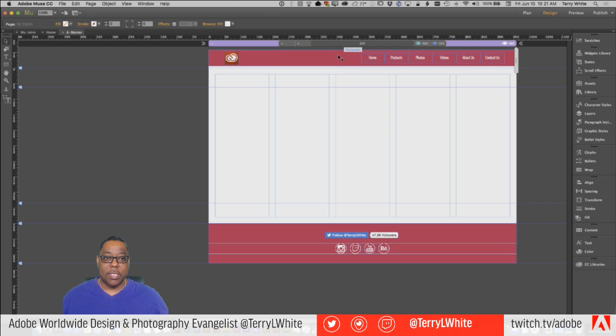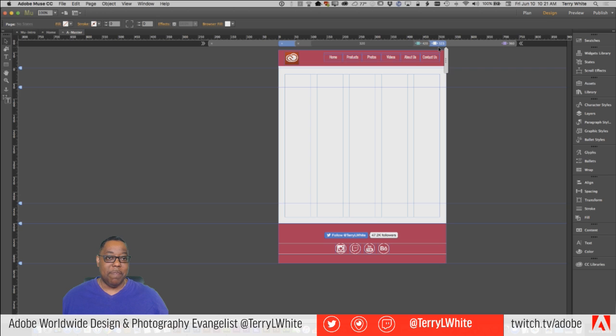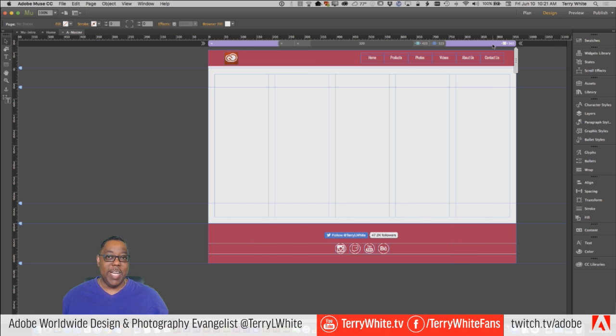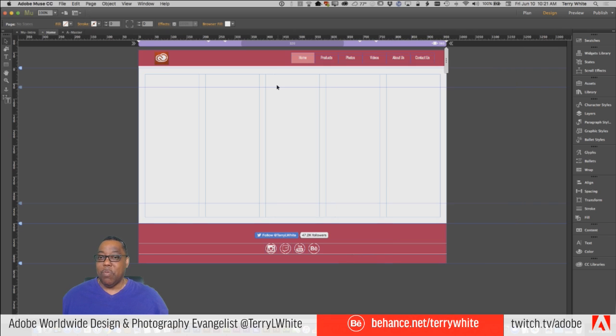that the breakpoints that we put in, there was the main one here for 960, we put one in for 523, we put another one in for 420. These breakpoints were for the master. So they're represented on the regular pages in the site, but they're not breakpoints on the regular pages of the site. So let me show you what I mean.